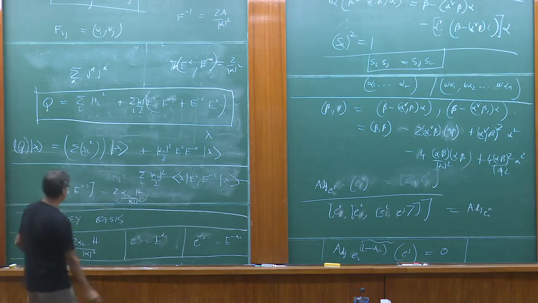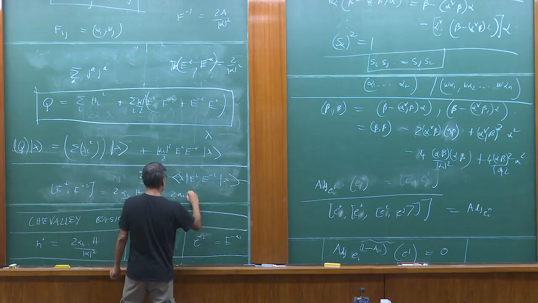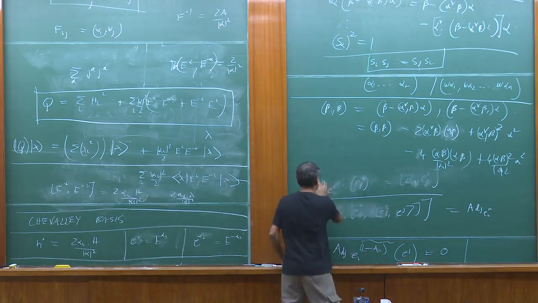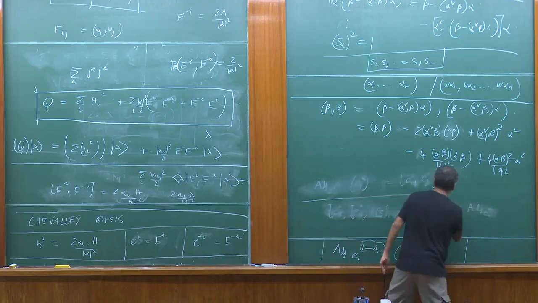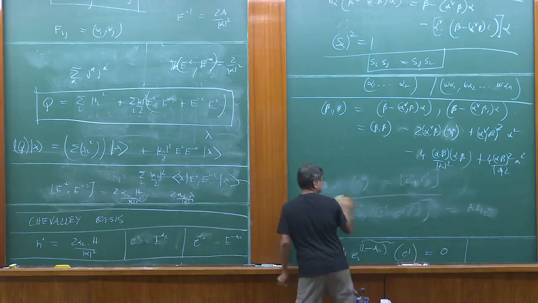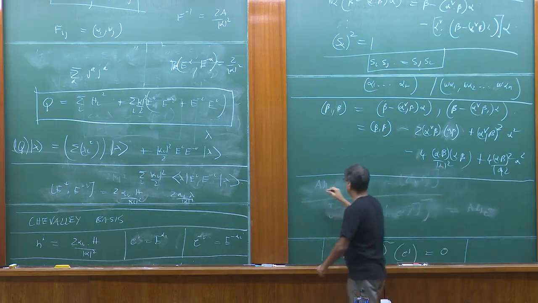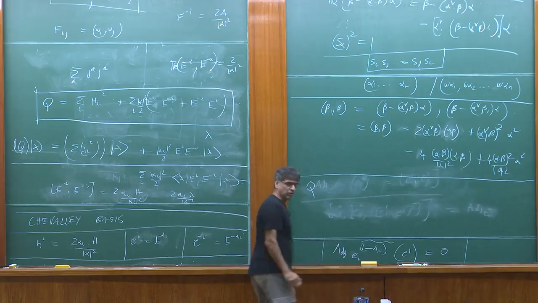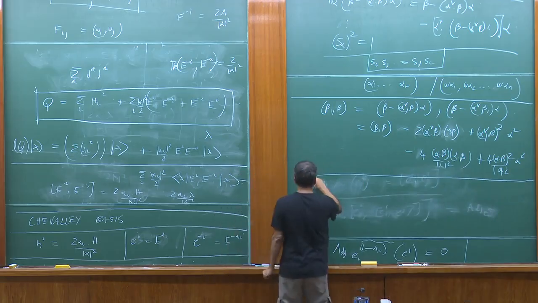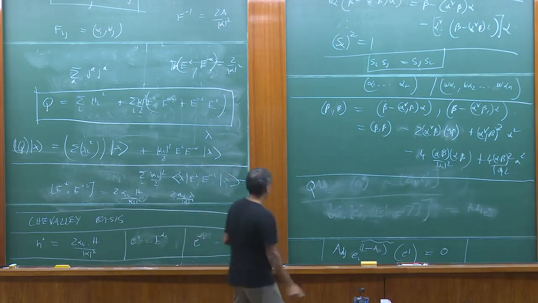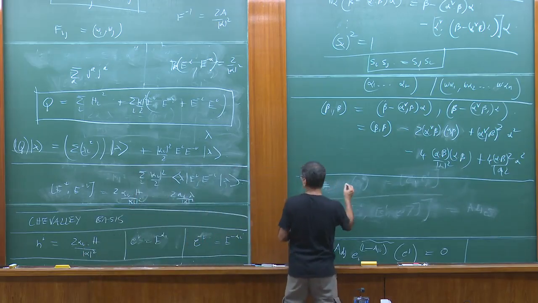Okay, and so this gives you 2 alpha_i dot lambda divided by mod alpha squared. And so the final result for the action of Q is equal to